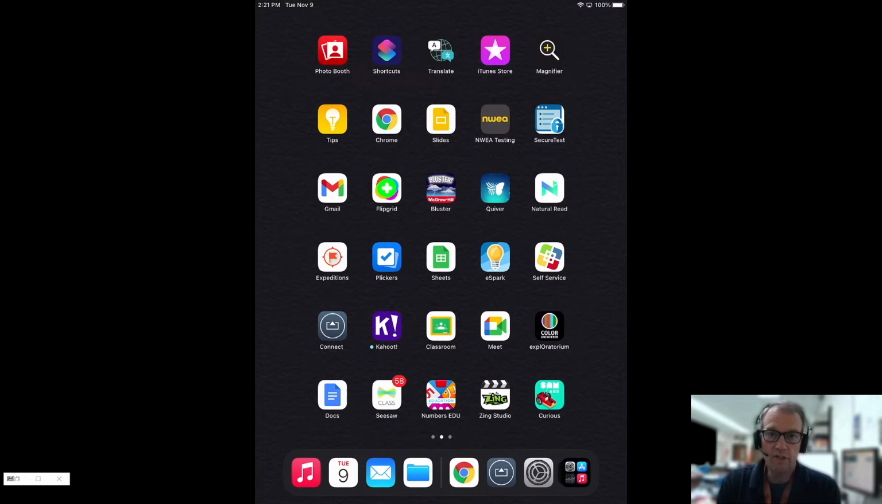Hi, so several teachers and students have had problems this year with eSpark, and I just tried something today for the first time that worked perfectly and solved the problem for at least a couple students. So I wanted to share this with everybody just in case it works for you. So on this iPad,